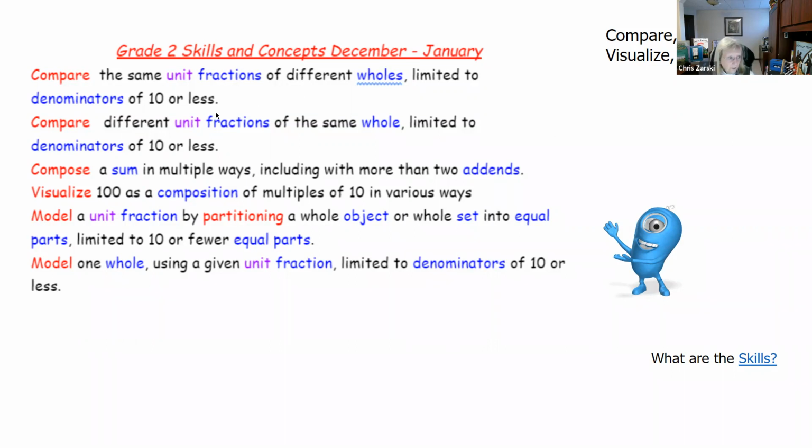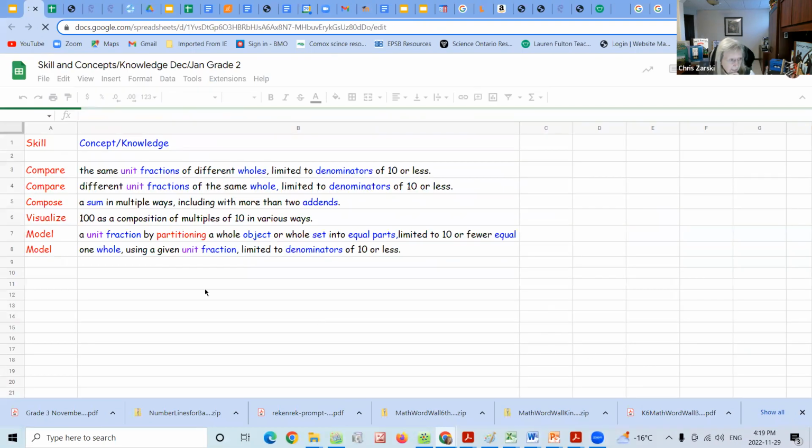So you'll see that I just grabbed a couple of the words that you're going to be seeing in some of the statements that we read, and I've highlighted what they are. So compare, there's compose, visualize, model. Okay, so there's some words, but I'm going to go one step further. When you get the slide deck, you'll be able to go in and just click on all of these links. So I'm going to go into skills. And you'll see the same thing. I've just given you a couple of them here.